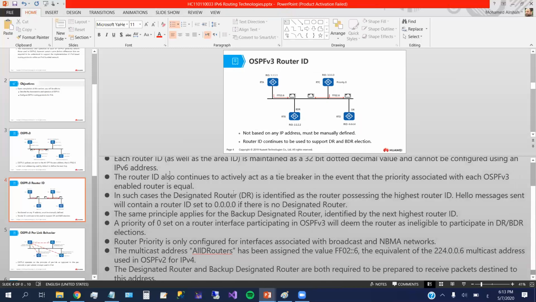The router ID also continues to actively act as a tiebreaker in the event that the priority associated with each OSPF version 3 enabled router is equal. Also, in such cases, the designated router is identified as the router possessing the highest router ID. So the DR will be elected based on the highest router ID available in the same